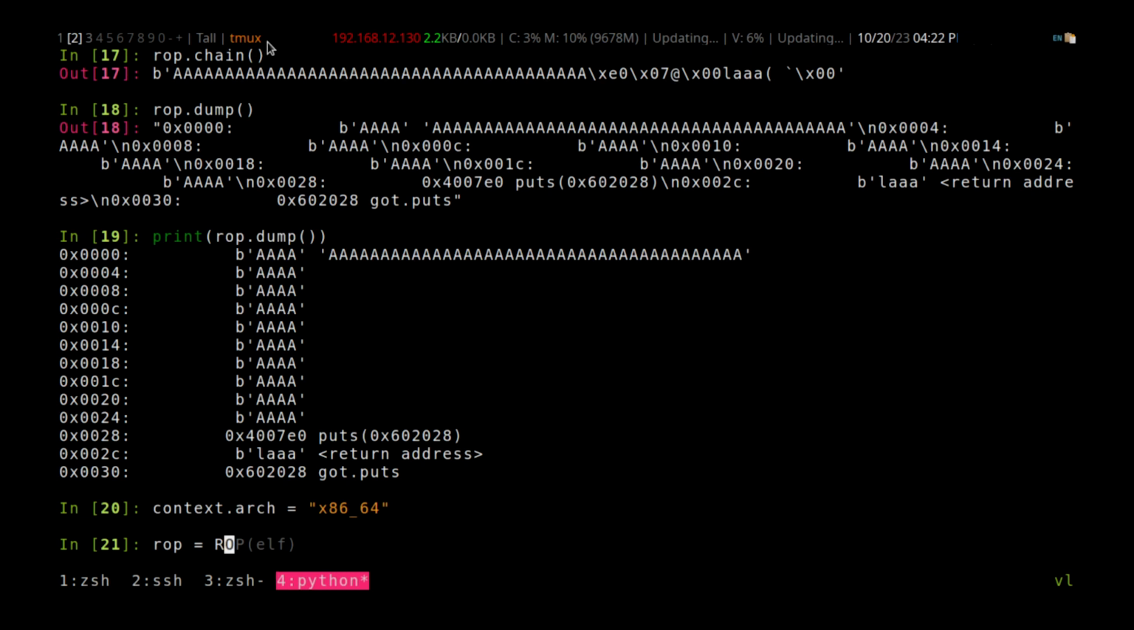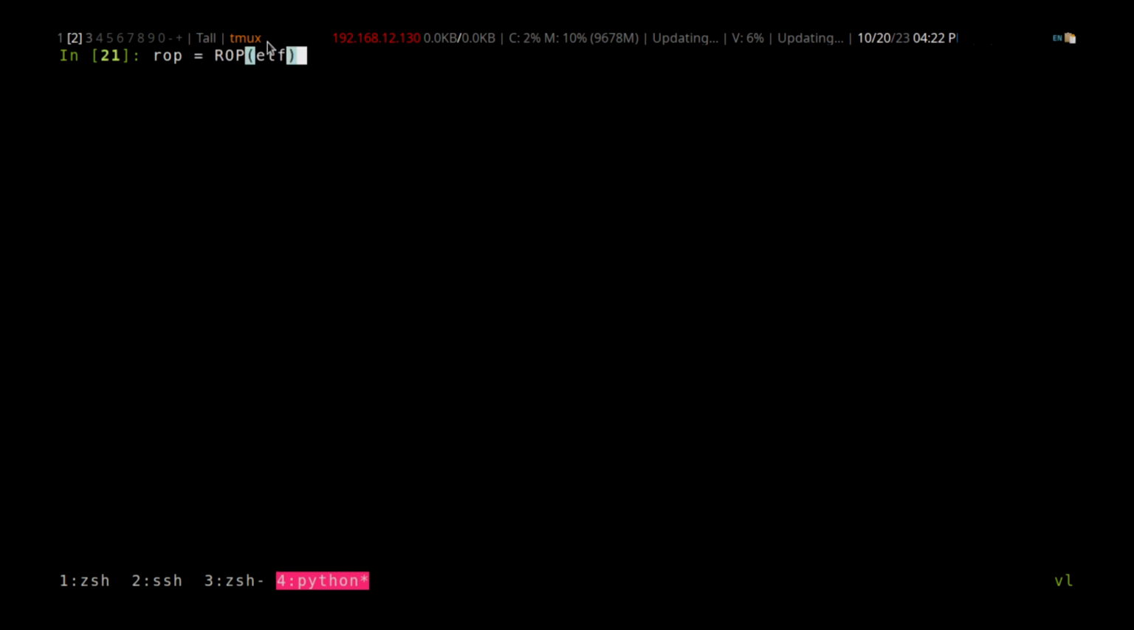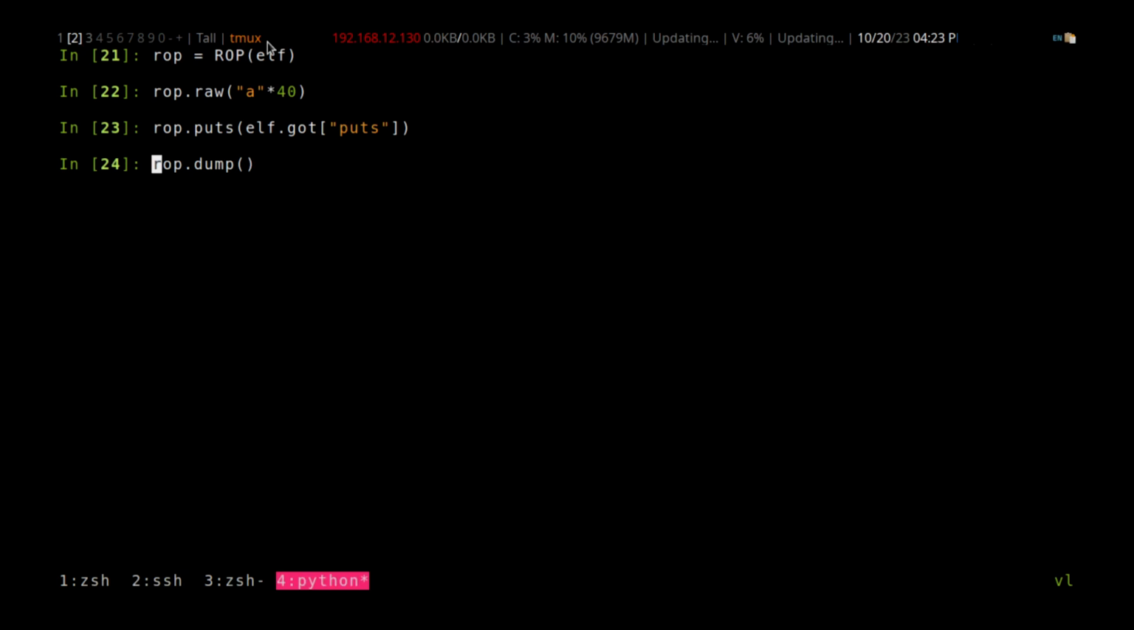ROP, ELF. We're gonna fill about 40, and then we're gonna invoke the put with the argument of GOT of the put, so that when we execute this ROP chain, we can get the code pointer of the put, right? And then if you dump,